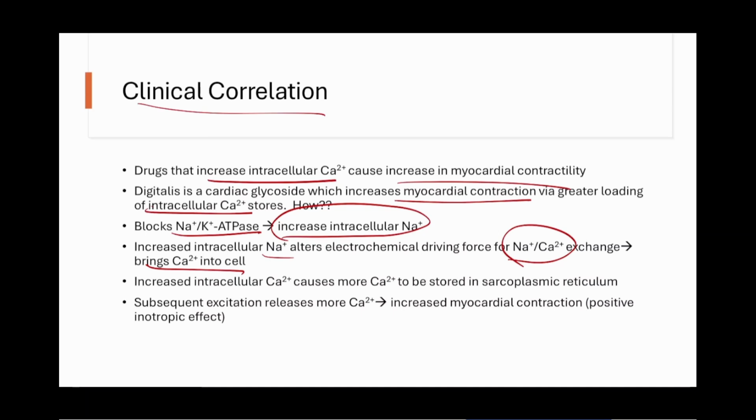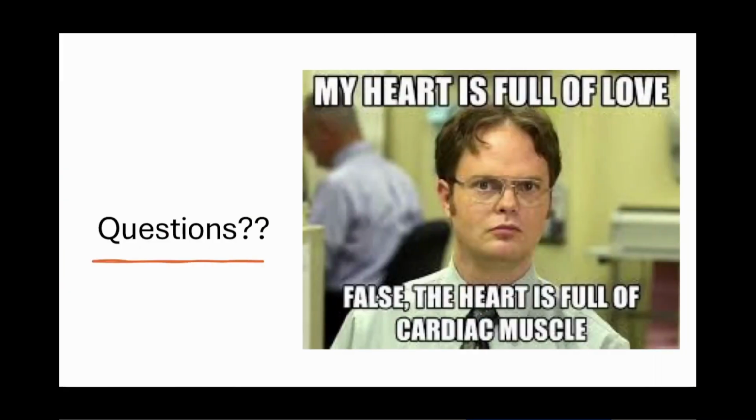Okay, so more intracellular calcium, more calcium in the SR, and every time you have another calcium-induced calcium release, more calcium gets dumped out, because you're storing more of it in the SR due to blocking that sodium-potassium pump. Now, this is pretty advanced. Don't worry about this right now. But if you can work your way through it, you understand how these pumps work, maintaining the gradients. And when you don't maintain the gradients, this sodium-calcium exchange doesn't go in the right direction. We start bringing in a lot of calcium, which is going to make your blood pressure go up and squeeze the heart better.